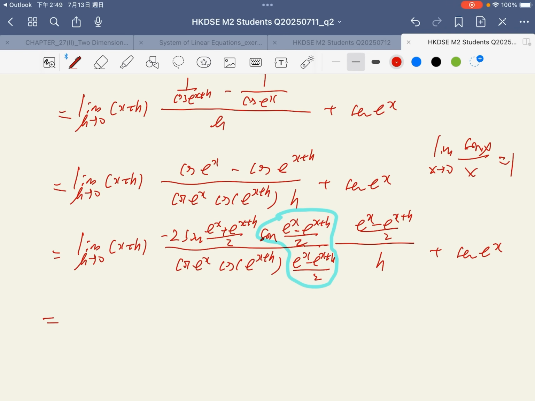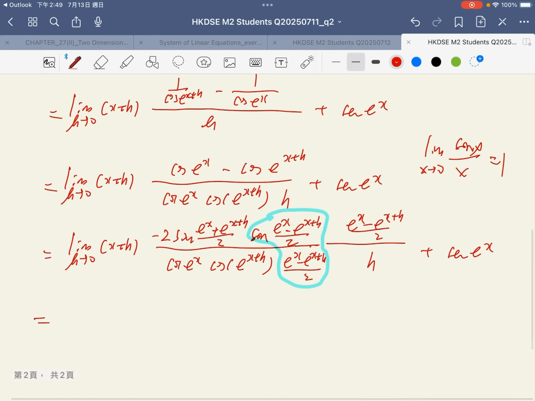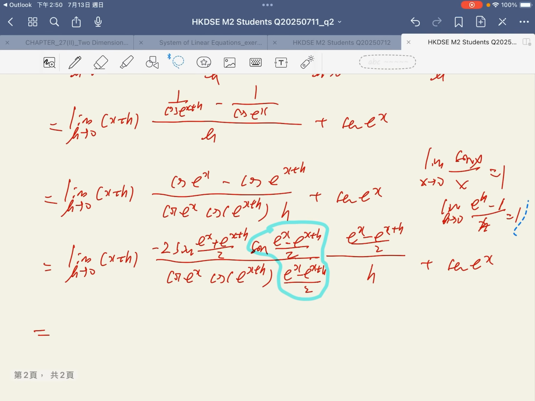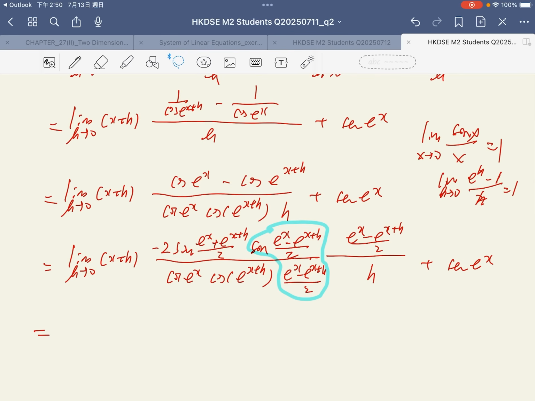And for this one, we have to factorize negative e to the power x and also 1 over 2 outside, so that this part can have the format of limit h tend to 0, (e^h minus 1) over h equal to 1. That is two important formulas for this